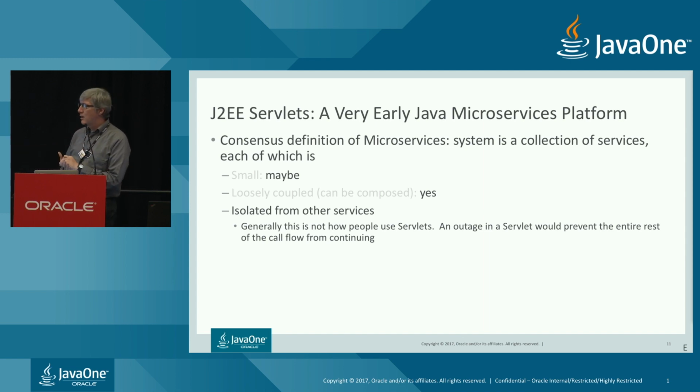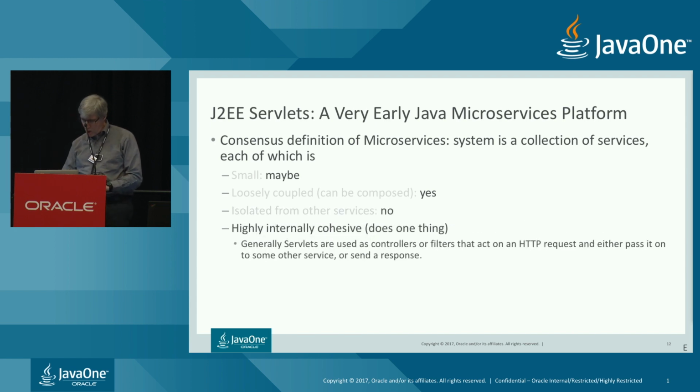My opinion on that now is we still have the huge long stack traces just spread about through all these different machines. But on the other hand, we have a whole huge raft of log science technologies that are out there to help you make sense of that large stack trace. So imagine if you could put your huge stack trace from hell from J2EE into something like Kibana and be able to analyze it and tear it apart like that. That might be kind of useful, but it's just a different approach that people are using now. So in terms of isolation, I would say I'll give that one a no.